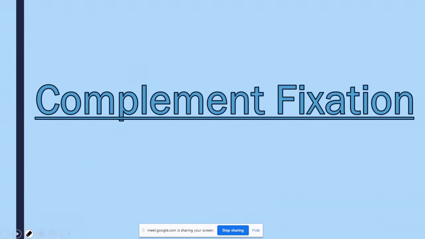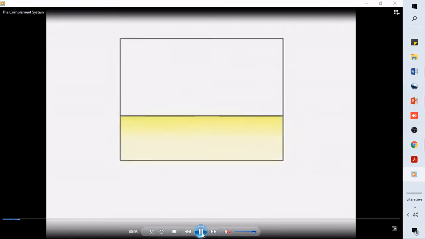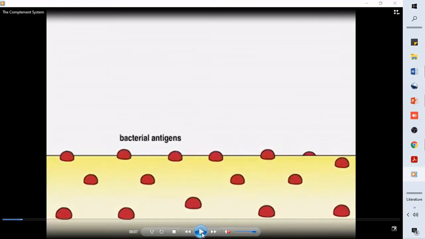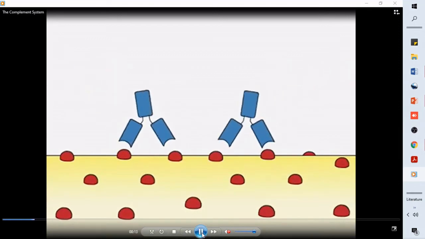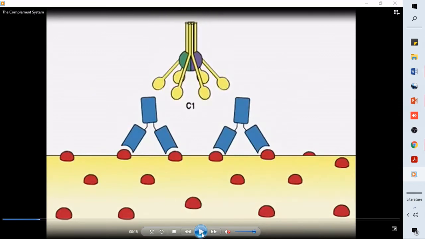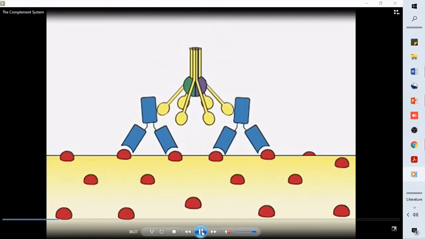So I'll be playing a video. On the surface of the bacterium you can see antigens, nothing but what we call epitopes. On the epitopes there will be binding of antibodies, right? So antigen and antibody are bound. Now comes a major factor into the picture, that is C1, a complement factor. Now you can see in this complement factor there are different subunits: Q, R, S. So C1Q, C1R, C1S will be there, and only a few subunits will play a role. Some subunits will depart once the binding occurs.